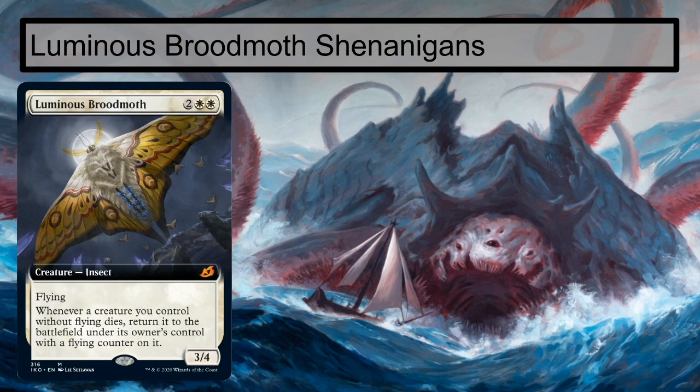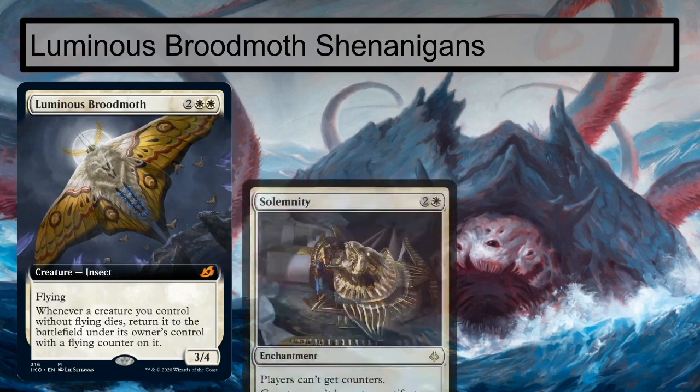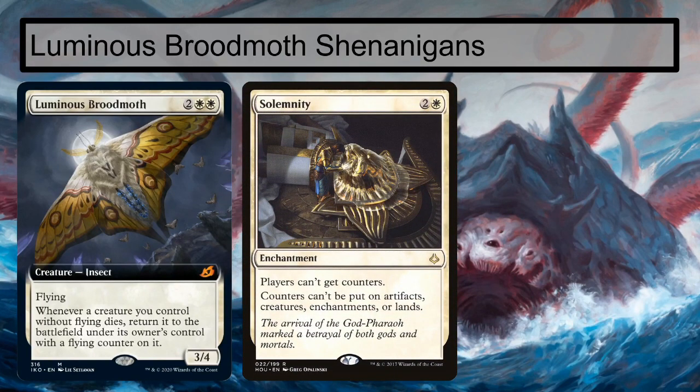So obviously this is pretty good on its front. It's kind of like Wrath Protection. It lets you sacrifice a creature twice potentially, but there are some ways to actually go infinite with this. The most straightforward of which is Solemnity. Solemnity just stops players from putting counters on anything. So if you have a Luminous Broodmoth out, a Solemnity out, and some kind of sacrifice outlet, you can basically